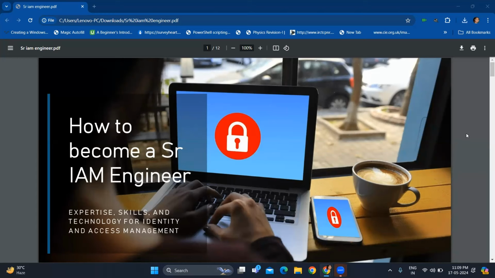But when you try to become a senior IAM engineer, there are certain expertise and skills, and this is in the range of 5 to 15 years. Sometimes a senior IAM engineer and a senior consultant all fall under the same category, and that can vary between 10 years, 12 years, 13 years. I've seen a lot of people enjoying the role of a senior engineer, and they tend to work till almost 18, 19 years also. So that is considering this.